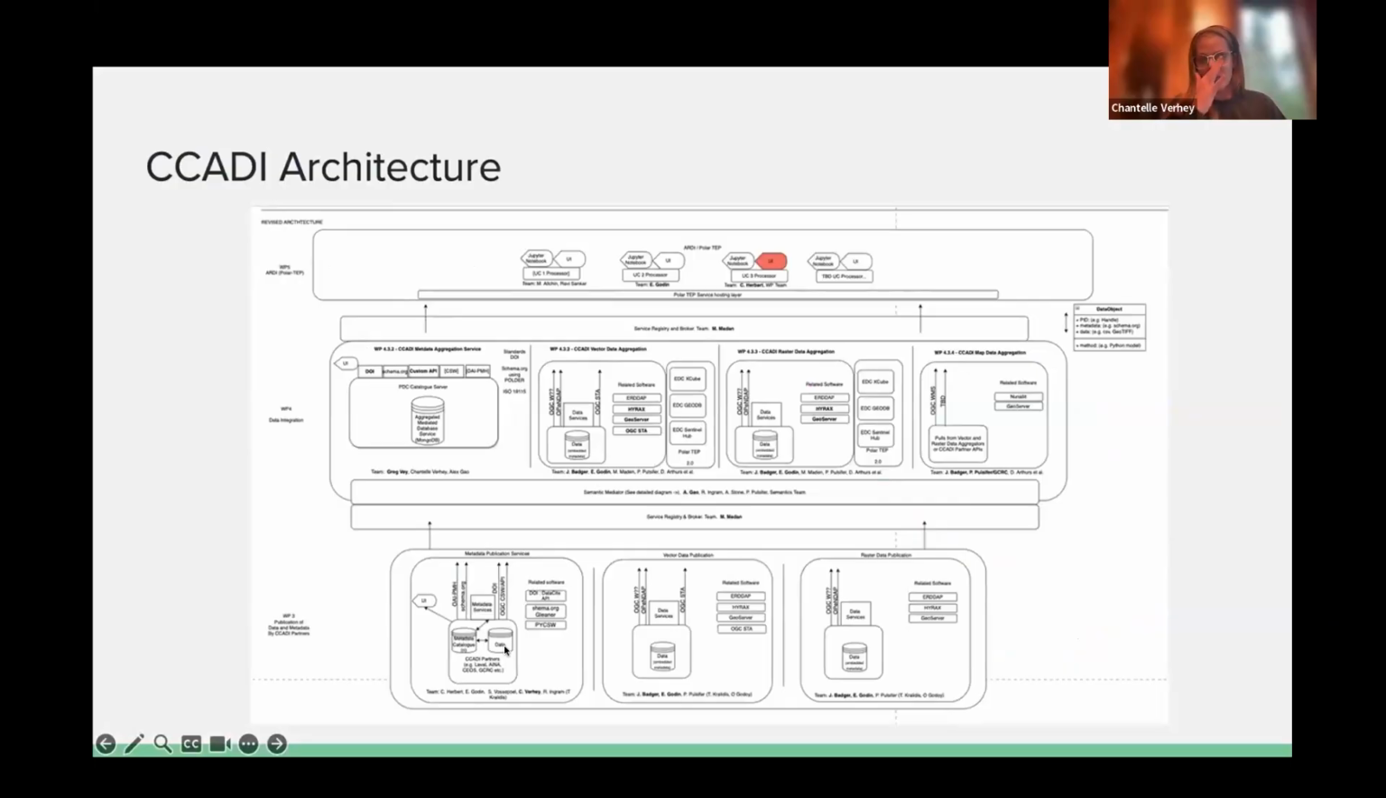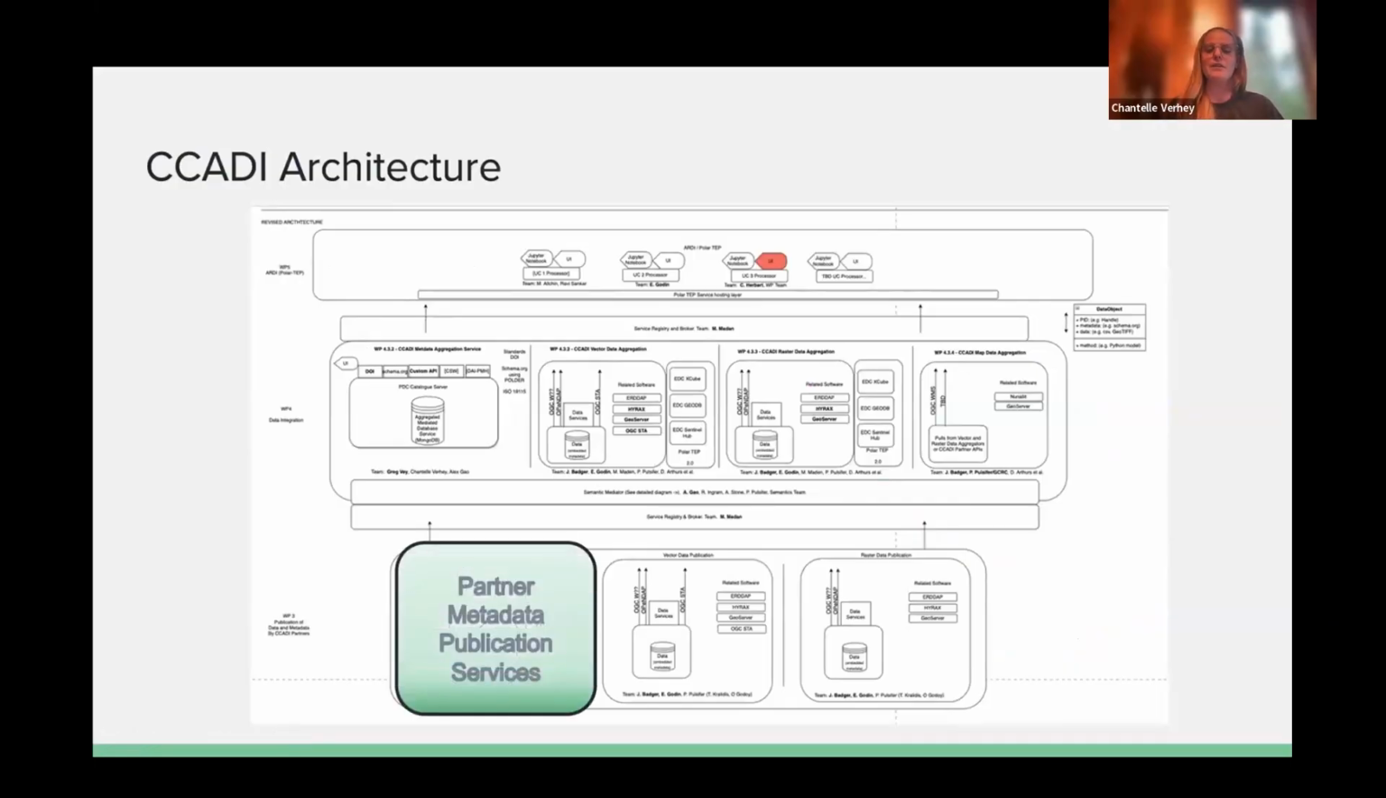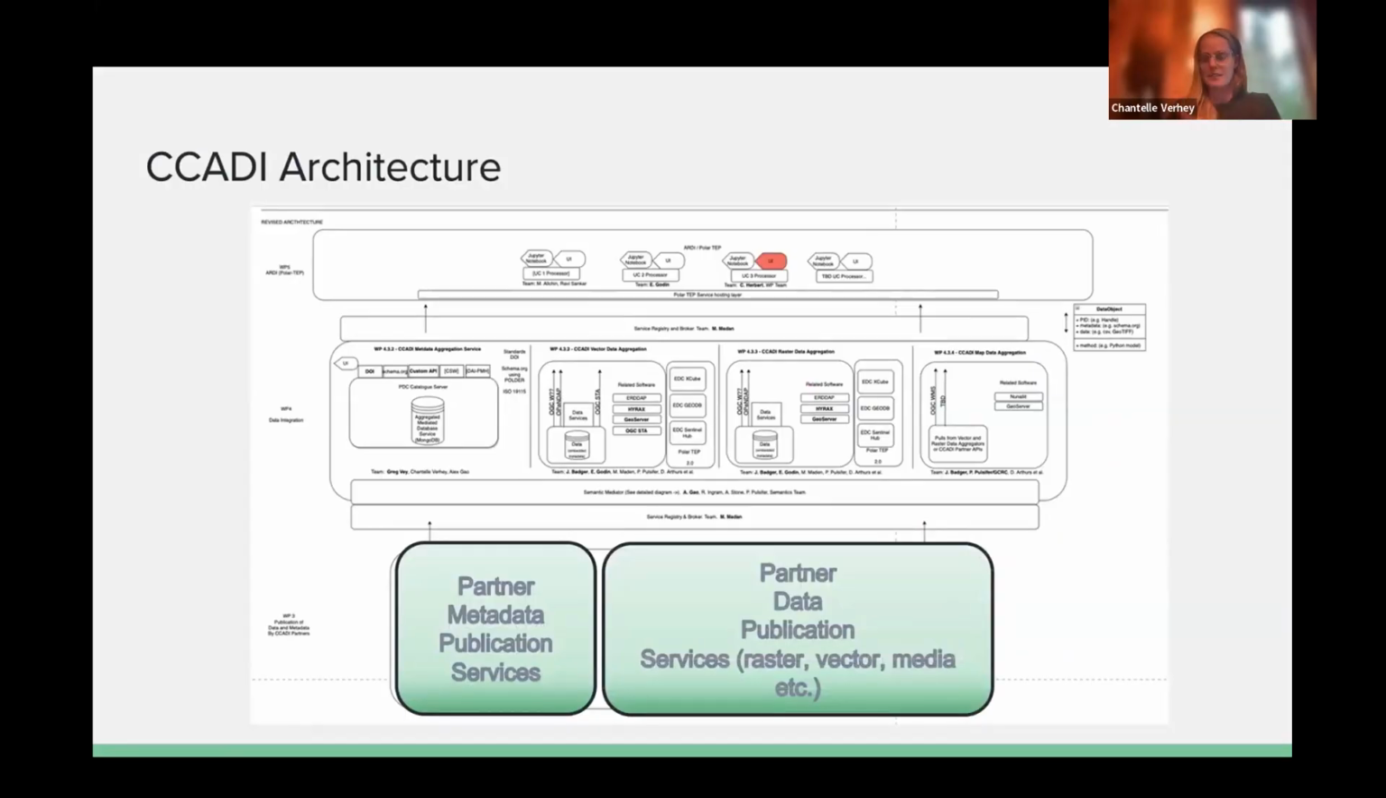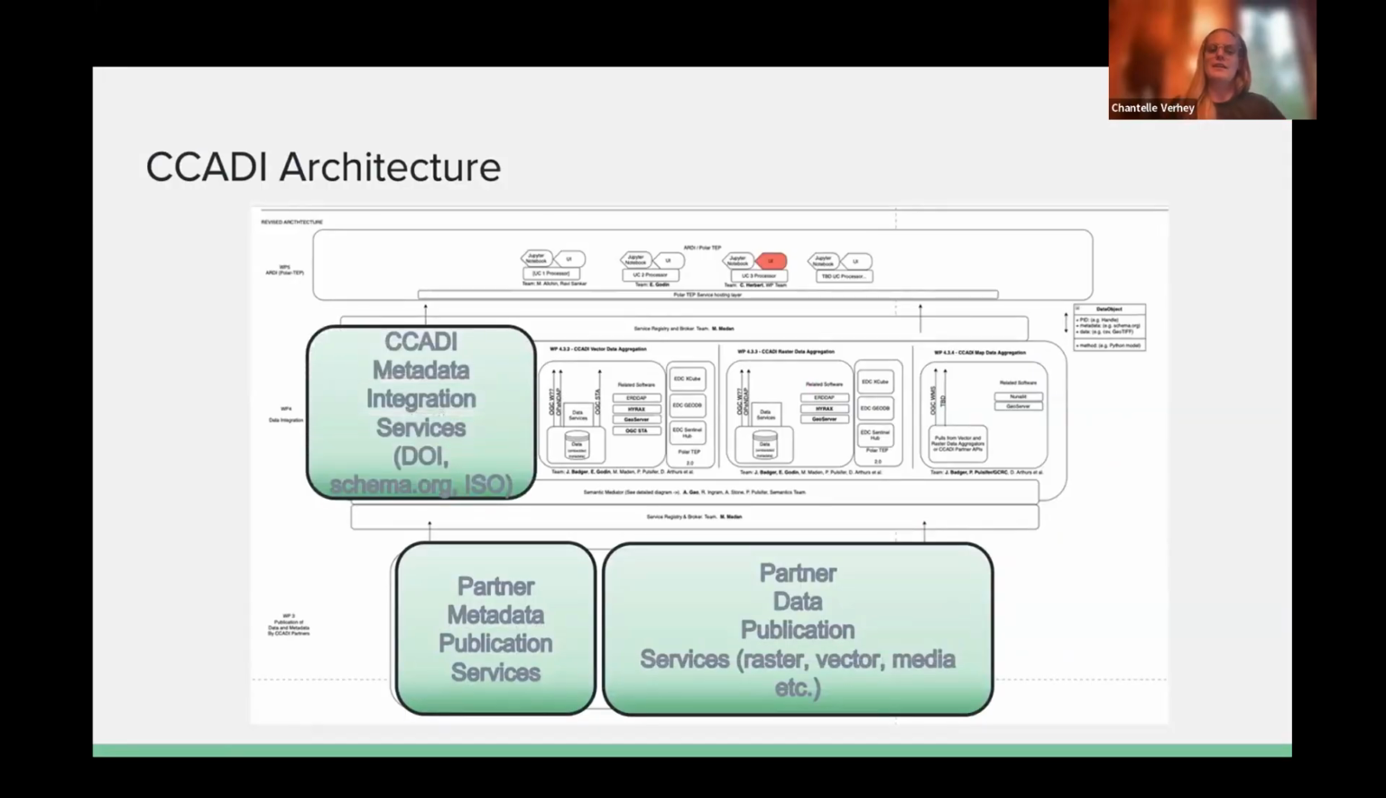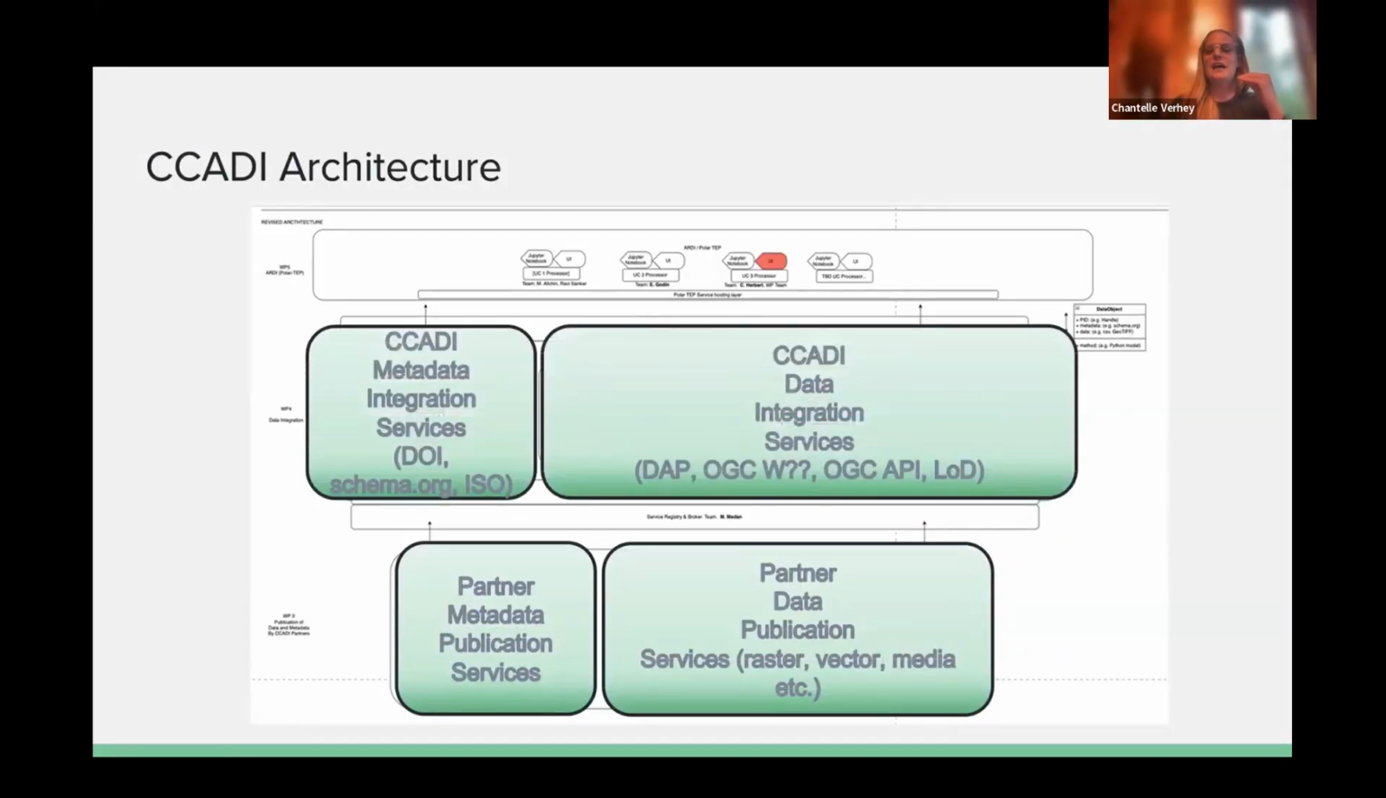So CCADI architecture really is a multi-tiered system, and you know, it's where we have the partner metadata publication services as well as, you know, in the different formats. You have the integration services, but you also have the semantic mediator that kind of helps bridge some of the gaps. And as Ian mentioned,